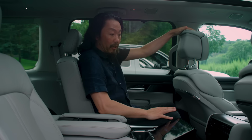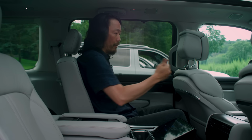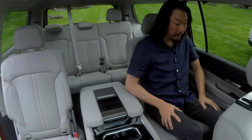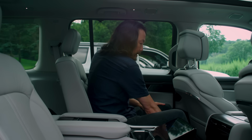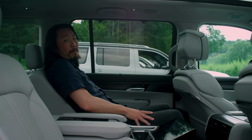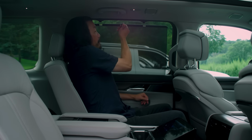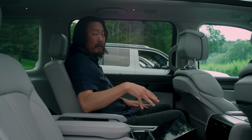Now here in the second row, I have plenty of space. I mean, I'm not even all the way forward, and yeah, I can slide it much further back and have a ton of legroom, and there's plenty of room under the seat for my feet. Now that's a little bit too far back for my taste, but this seems to be about perfect, and it also reclines way back, so it should be great for road trips if you're looking to get a little rest back here. You also have some manual sunshades here that block out the sun nicely,